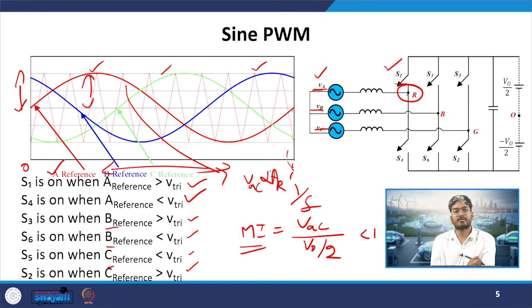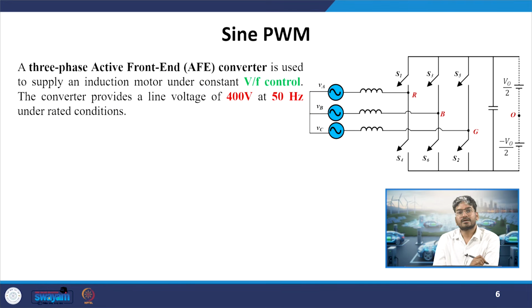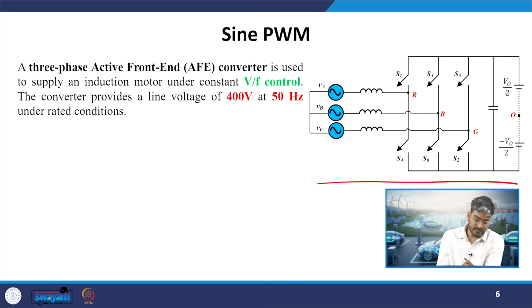By root 2 times of that, that will be giving me the RMS of my output voltage. Okay. So what is the use of this variation of voltage and the frequency of the output AC signal? So that we will understand by an example. Here we have considered that we are using this active front end converter, which is fed from a DC source,